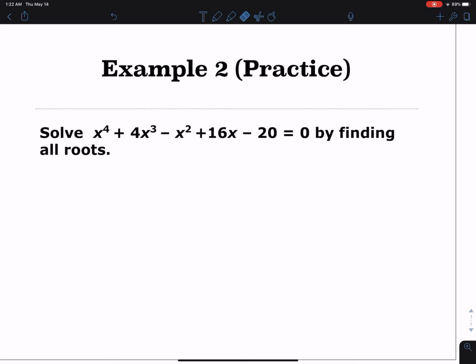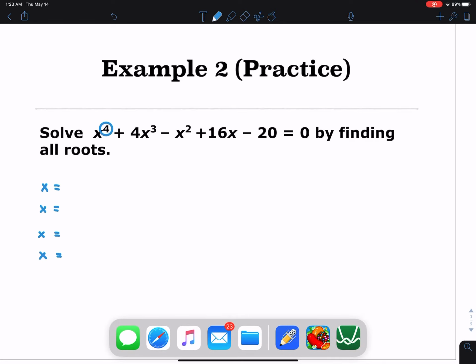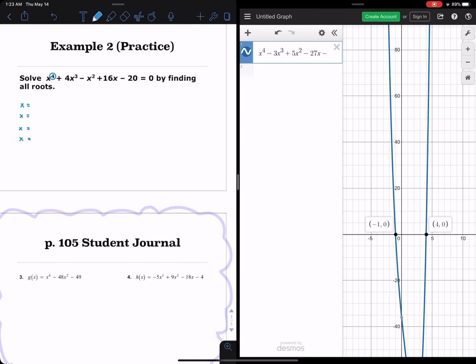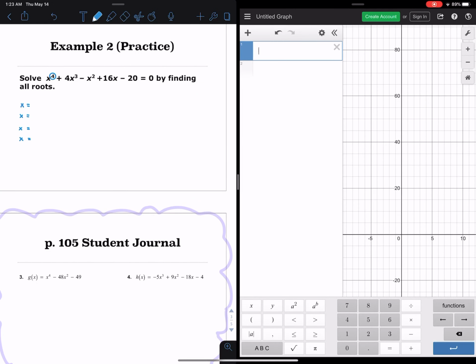Solve this by finding all roots. So our highest exponent, the degree of our polynomial, is 4, which means we're going to have 4 different solutions, or four different roots. Not necessarily different, because sometimes we can look at multiplicities as well, but we're going to have 4 roots, including multiplicities. So starting with Desmos, we have x to the 4th